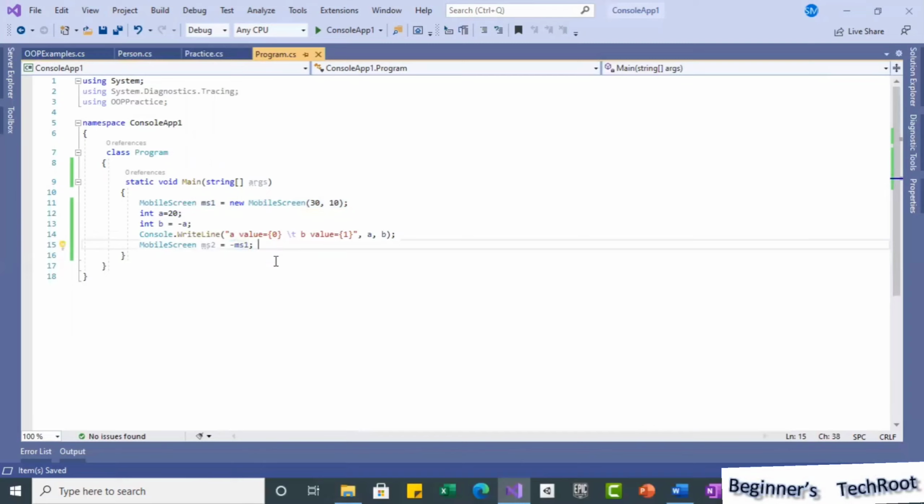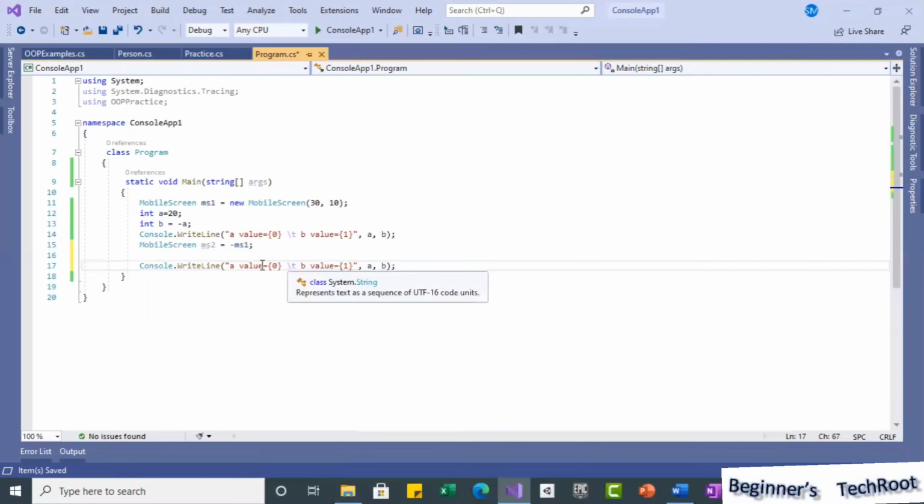Okay. Now we will see the output, what happens. Let's see what I will do. I will use Console.WriteLine to show on the screen. So A value, B value, we printed earlier.